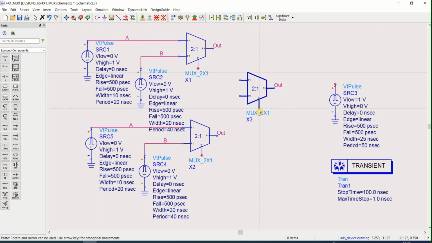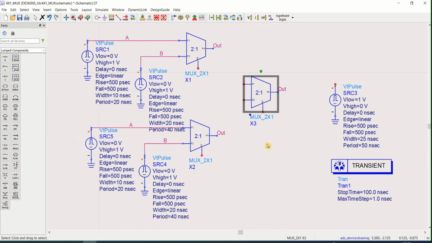You need to pass through again one more multiplexer. Connect the outputs of these through the multiplexer.